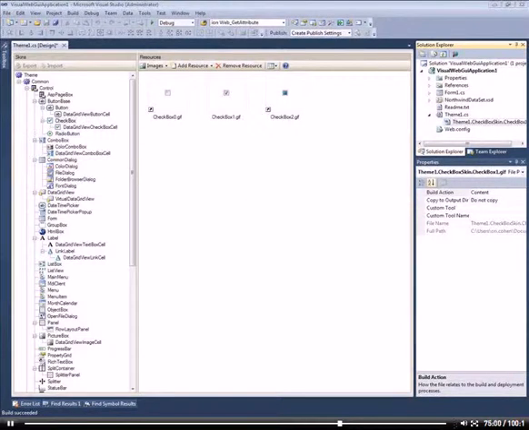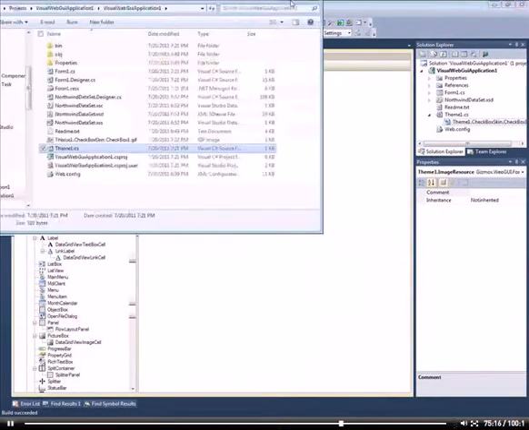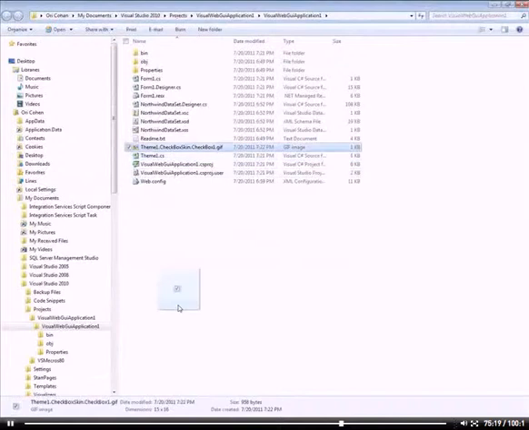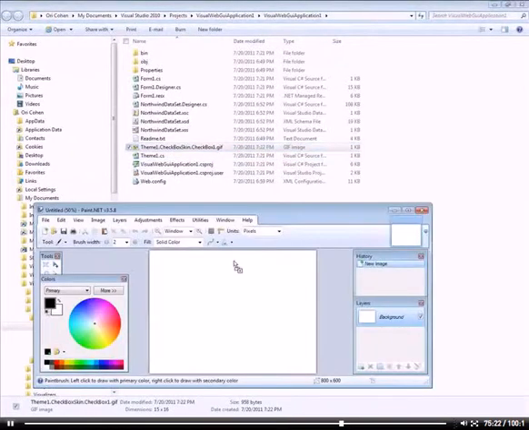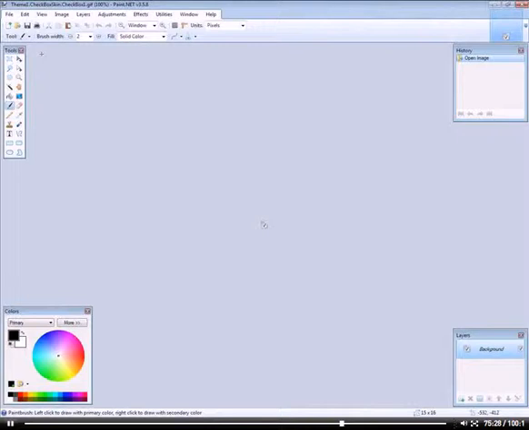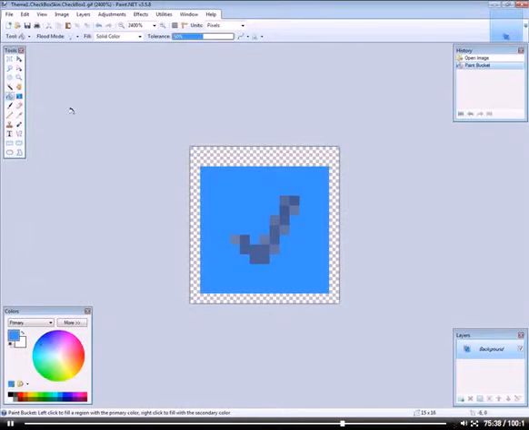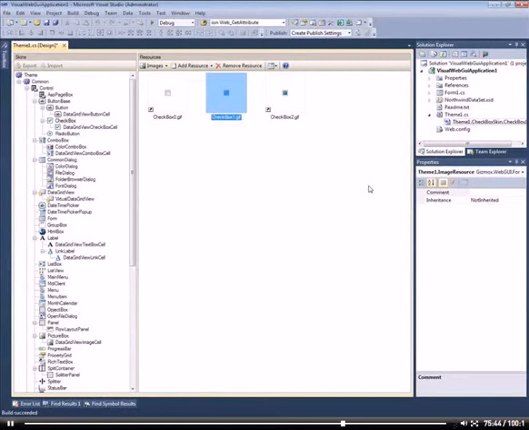Right, I'm going to open this in the image editor of my choice. Open containing folder, and this is my checkbox. Now I'm simply going to change the color to not pink, but let's say this. I'm saving the image, and when I go back to the designer, I'm going to see that the image is